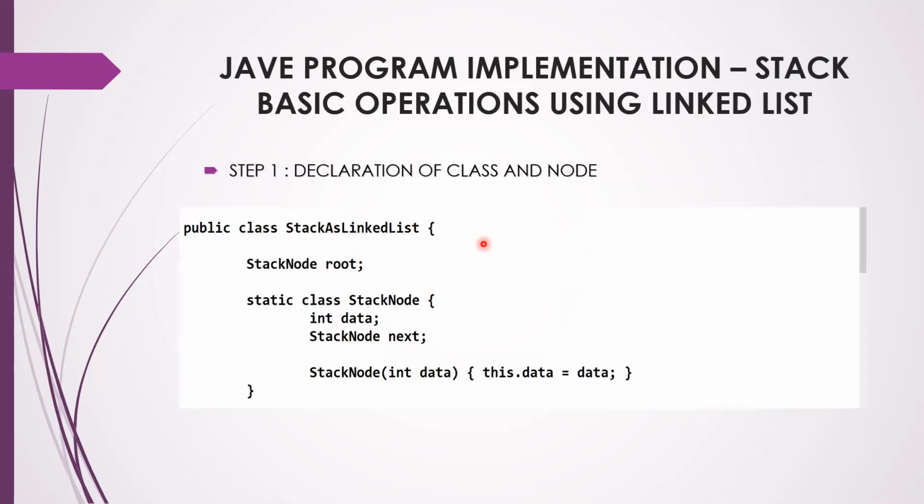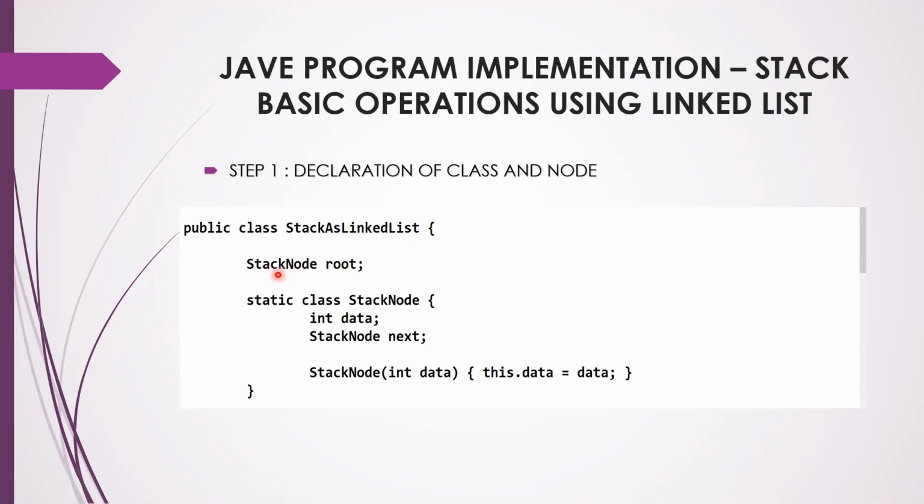Now we will go to linked list. So you know about linked list. We have learned that linked list has a node. Inside the node, you have the data and the next field. Now we are going to implement stack data structure using the basic data structure linked list. So you should have a class name. So I have a class name called stack as linked list. Now for the linked list, you should always have some head node, or you can call it start node, or you can name it as root node. So some node is there which is indicating the starting of the linked list.